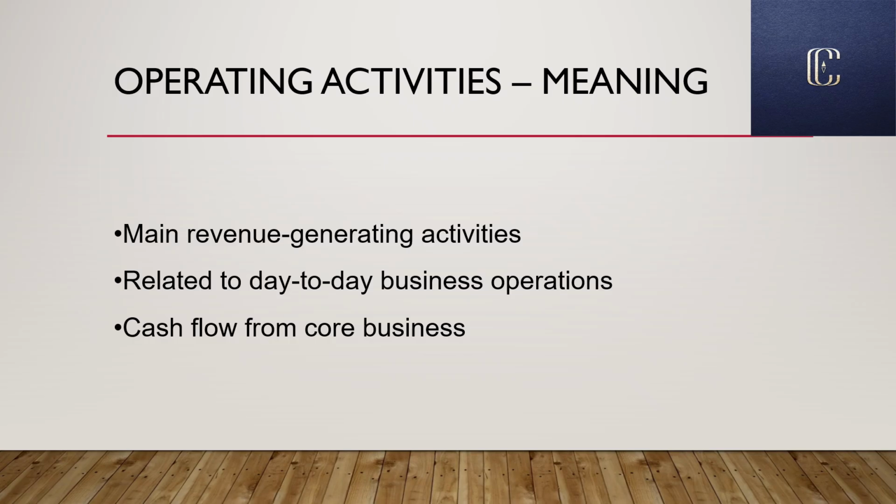And in the same way, what about the cash flows? For a factory, manufacturing the product is the core activity. The cash earned from these main activities is called cash flow from operating activities. This shows the real strength of the business. Related to the day to day business operations,